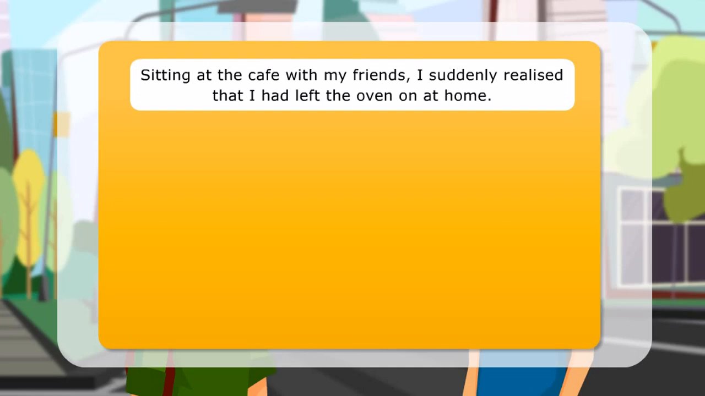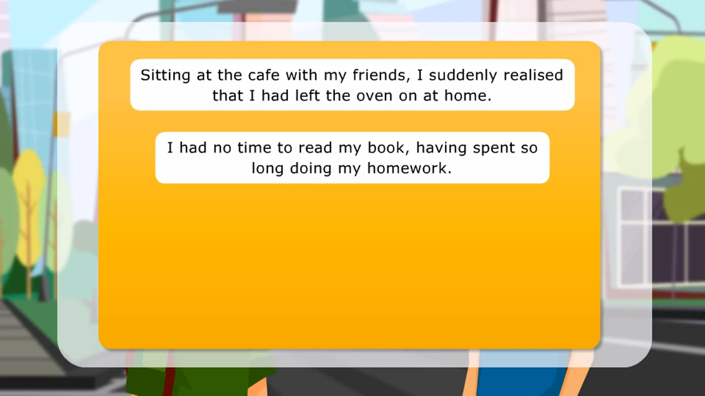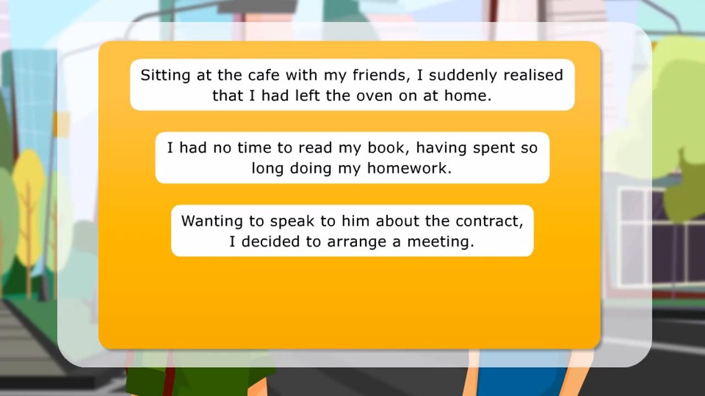Here are some more examples. Sitting at the cafe with my friends, I suddenly realized that I had left the oven on at home. I had no time to read my book, having spent so long doing my homework. Wanting to speak to him about the contract, I decided to arrange a meeting. Looked after